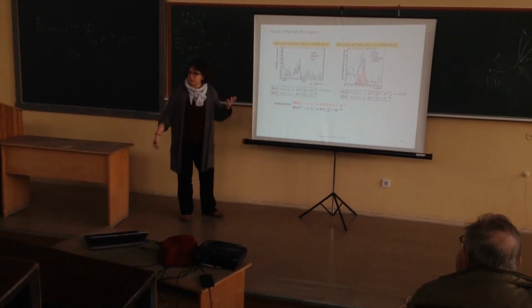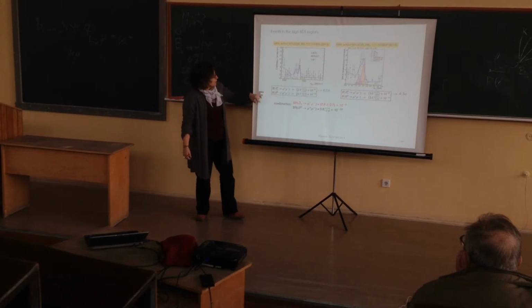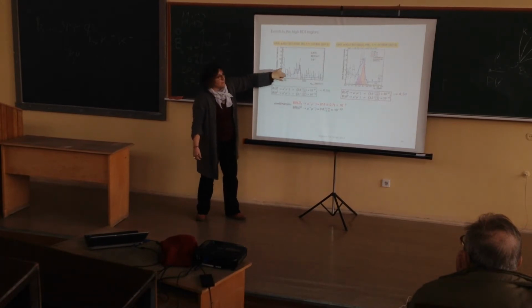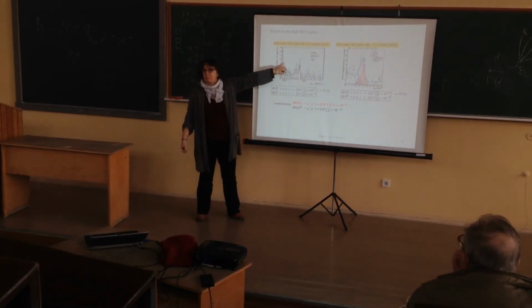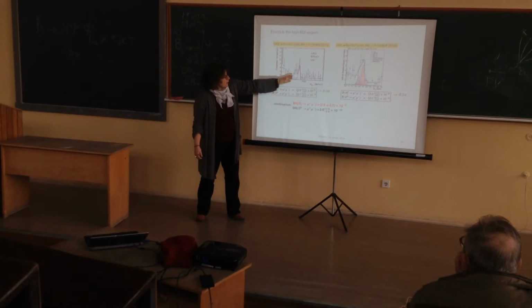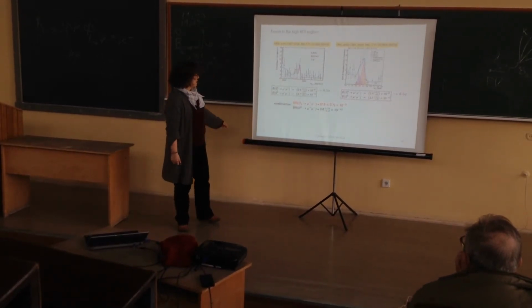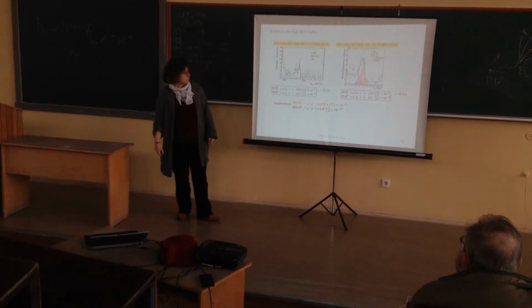There's not a large number of events. You see some excess in the signal region. And this is the rare background from the decay in flight of the pion. Remember we were discussing it 5 minutes ago. And from that, people can try to fit the number of signal events and compute the branching ratio.